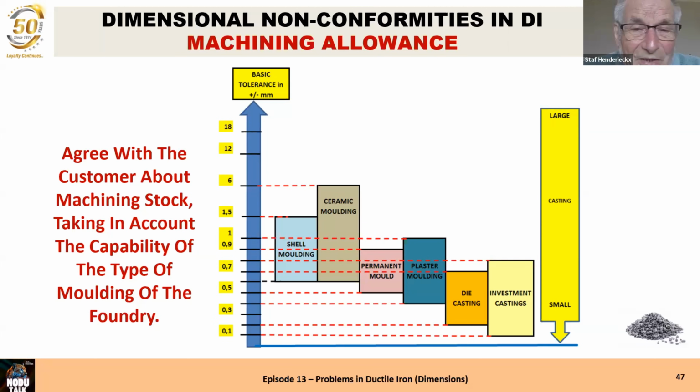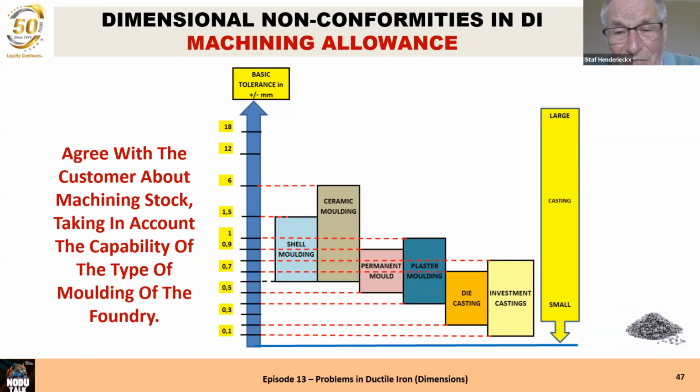ceramic molding, and he comes to you because you have chemical bounded sand, the tolerances will not be as good, and let's say machining allowance must be different, otherwise you can get problems. These two are relative, but it gives a very good indication. You see that for ceramic molding compared to shell molding, you should have a bigger machining allowance because the difference